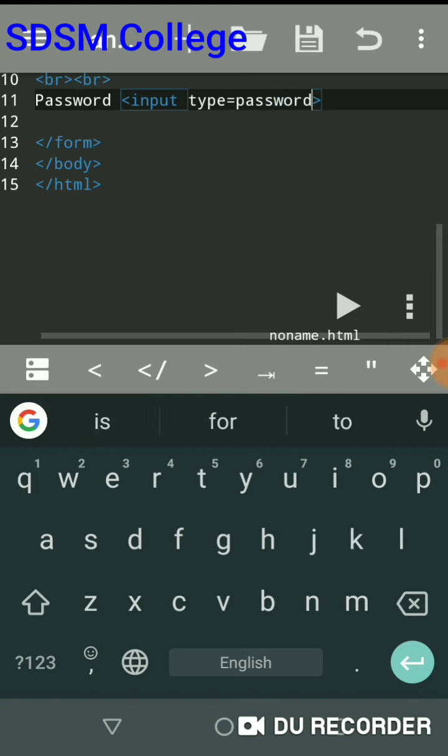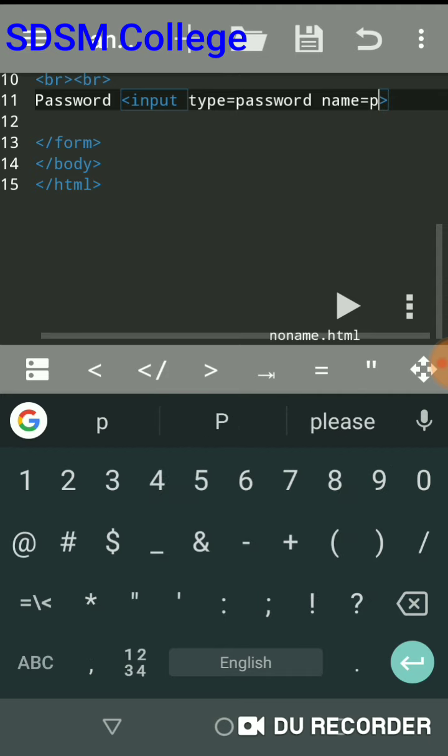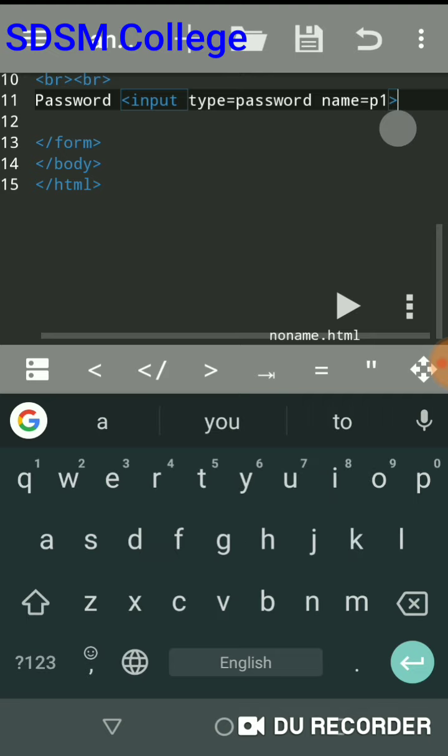So it will create a password input field. Then if you want to name this password input field, you need to use the name attribute of the input tag. So name is equal to, say, P1. So this password field we have named P1.